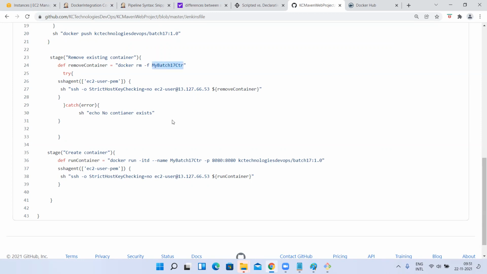Here I said the benefit, right? What is the benefit of using a custom container name? If you don't use a custom name here, every time a default name will be given. You don't know what the name is. Every time a container gets created, a new name and new ID will come. So in the script, you don't know what has to be removed. If you use a custom name, blindly you can write docker remove with the container name.